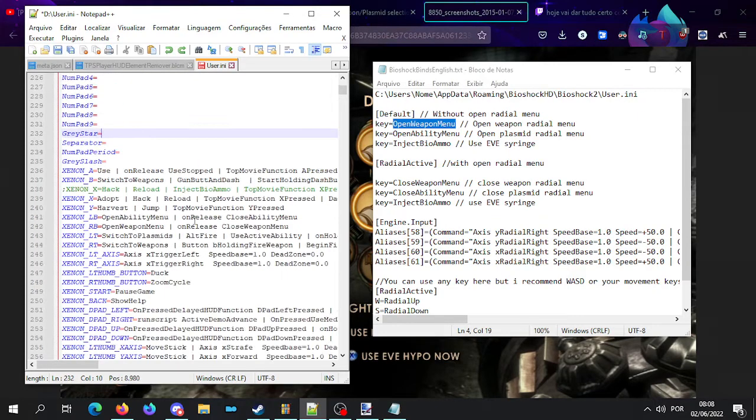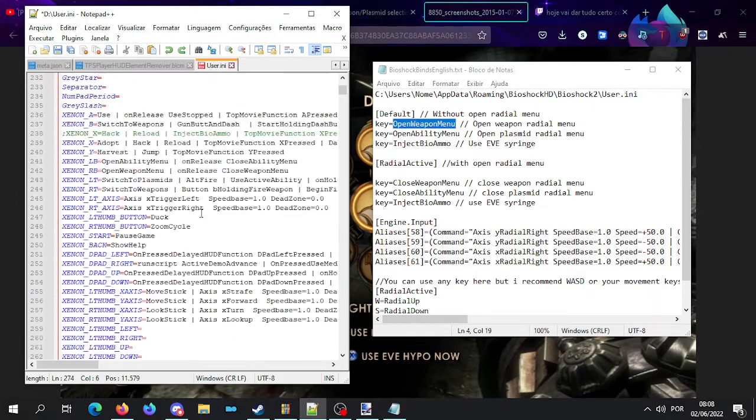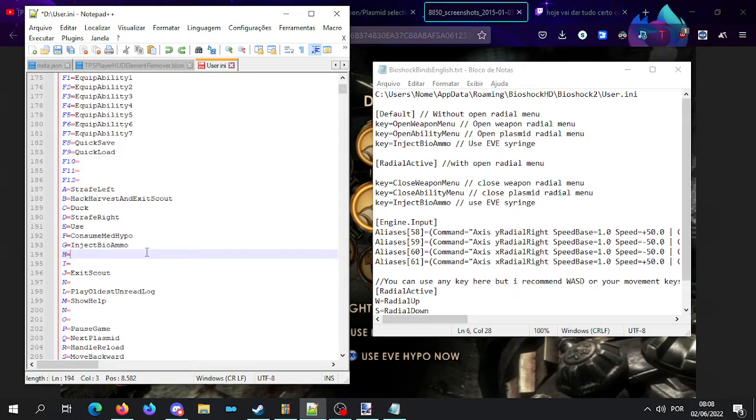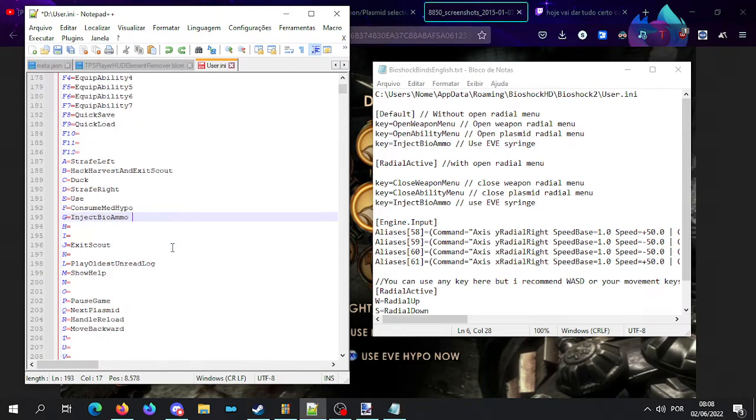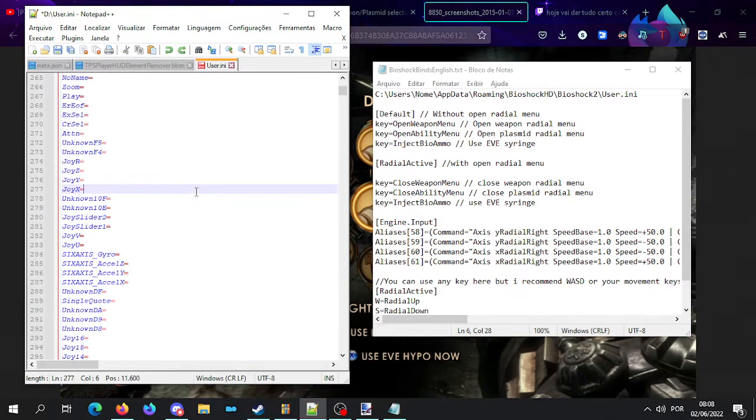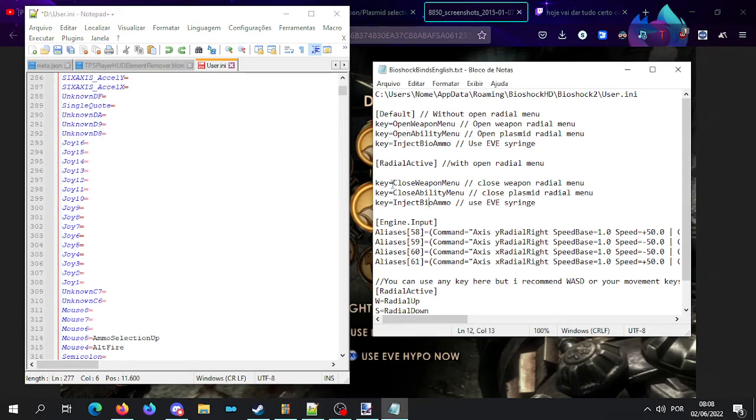Going down more, okay, you may want to also bind using syringes. Like you can only use medkits in game, but you can also bind in there to use the syringes. It's kind of automatic, but you may want it to. So the code is InjectBioAmmo. Okay. So now we need to